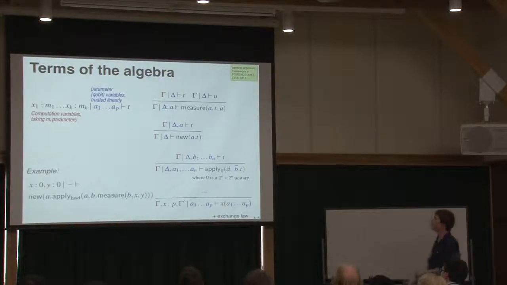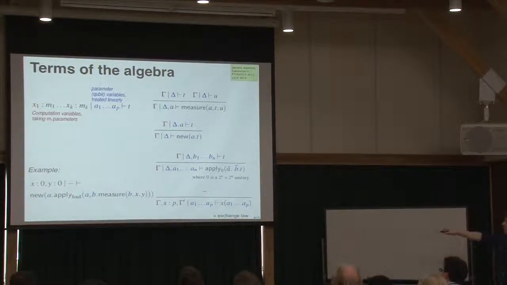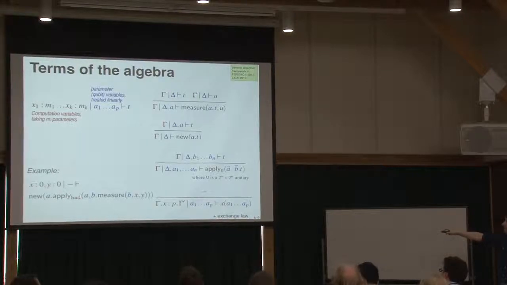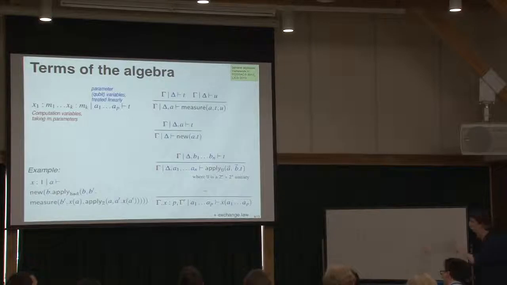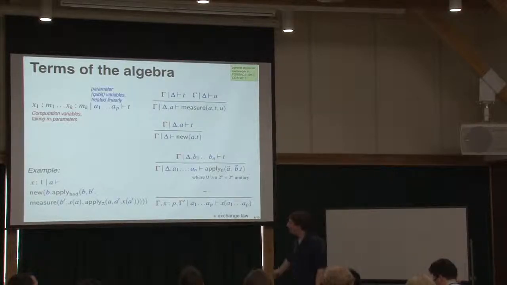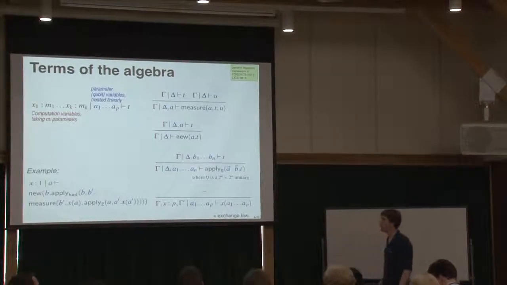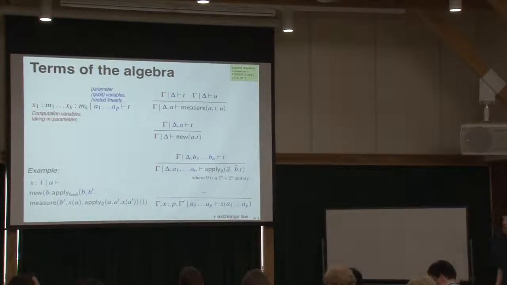Here's another example. This is something that creates a new qubit, measures it in the other basis, and either continues as x or as y. Here, x and y don't take any parameters. What this is going to do is randomly continue as either x or as y. And then putting that together with apply z, we can describe the computation that we saw at the beginning, which randomly flips the phase of